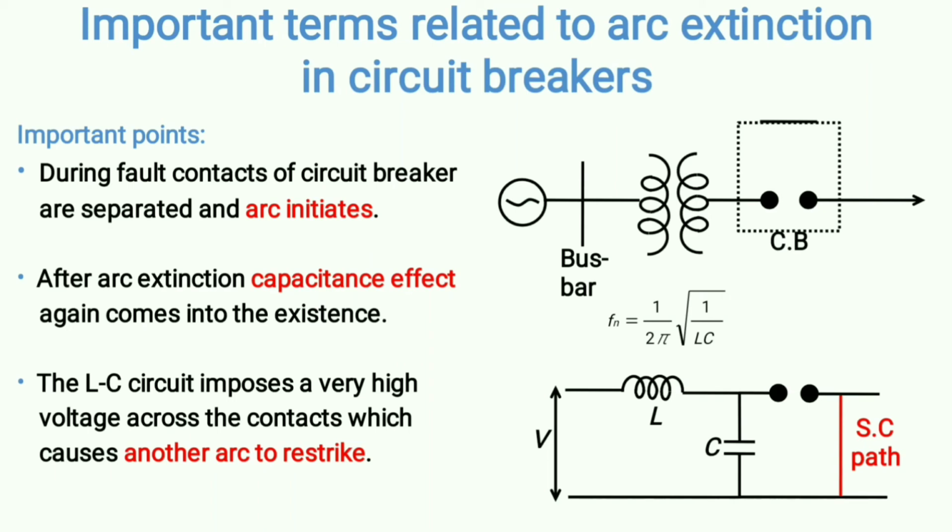The larger the length, the higher the capacitance, because if your line length is large, that means more capacitance will be added in parallel. That means the equivalent capacitance will be very high. Now if your fault has taken place here, automatically your line length with respect to this generator will be very less. And if your line length is very less, the capacitance will be very less. If your capacitance is very less, your natural frequency will be very high. And if your natural frequency is very high, what will happen?